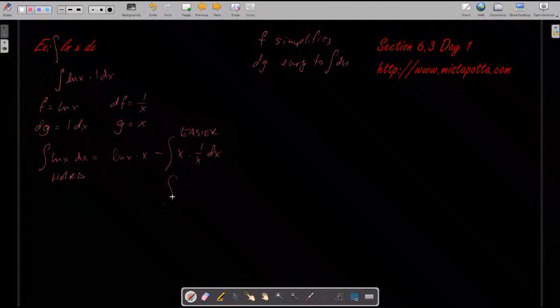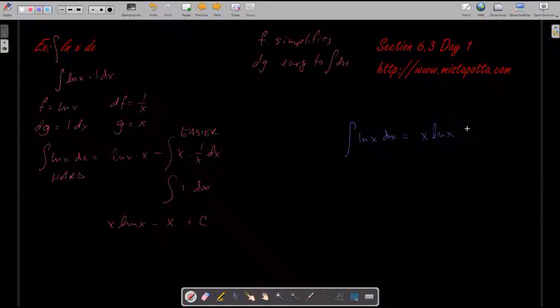So I end up with x times the natural log of x minus x plus a constant. And so this allows me to say that if I wanted to find the antiderivative of just a natural log function, the antiderivative of ln of x dx ends up being x ln x minus x